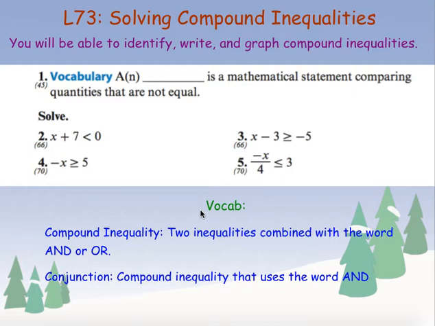Algebra 1, Lesson 73, we are looking at solving compound inequalities. This will be a pretty quick video on this. So compound inequalities are two inequalities that are combined with "and" or "or." A specific type is a conjunction, which uses the word "and." We also have a disjunction that uses the word